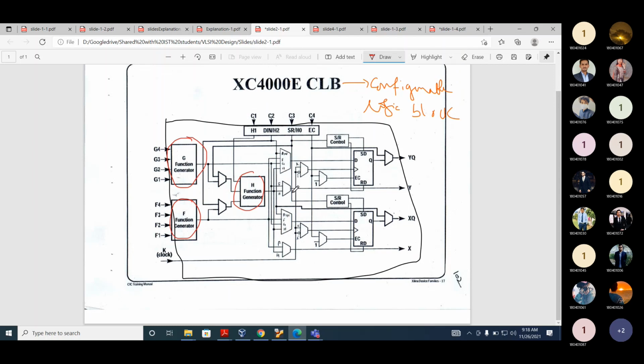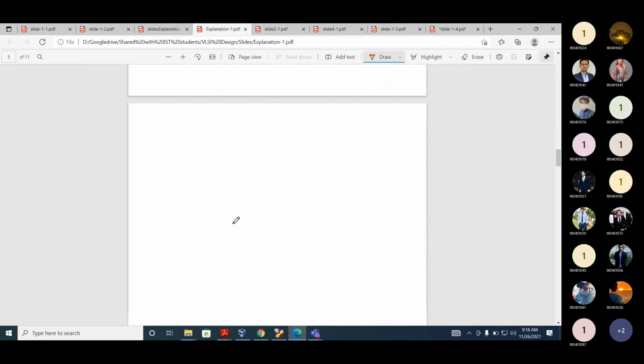Now, how does a lookup table look like? I will explain this. Now let's assume this consists of a lookup table. We call it LUT. LUT stands for lookup table. Any lookup table has some inputs and some outputs.